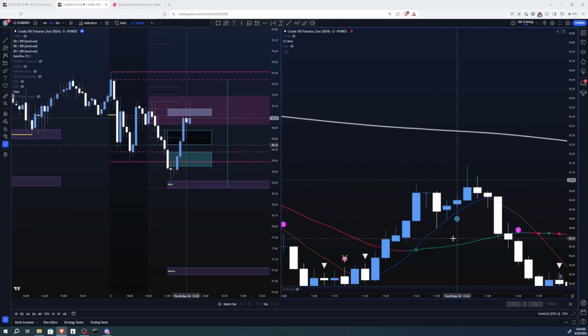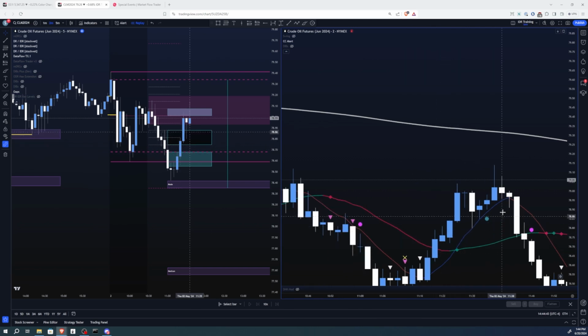Enter when it breaks immediately, or wait? Yeah, I wait till after the candle. Well, for me, even if it closes at the same, if this were to close right here at